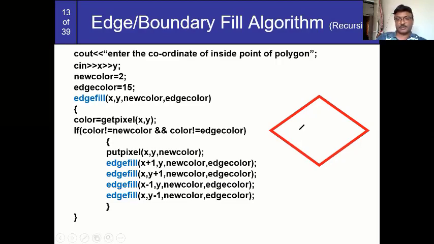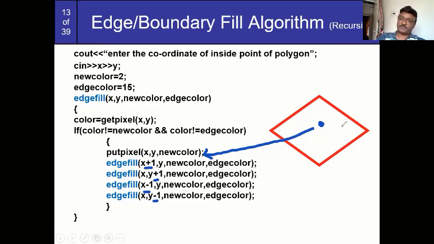So what is my new color? This one is my new color, blue. So that is going to fill over here. So this is my pixel, and this function is going to run over here. Now again I am calling; see, the color I have put is blue, here also blue. Edge color I have called by x plus 1, y; x, y plus 1; x minus 1, y; x, y minus 1. So four times you have to call. Once you have filled up this much area, then again plus to the y plus 1 and then this area. So likewise you can fill the entire polygon.